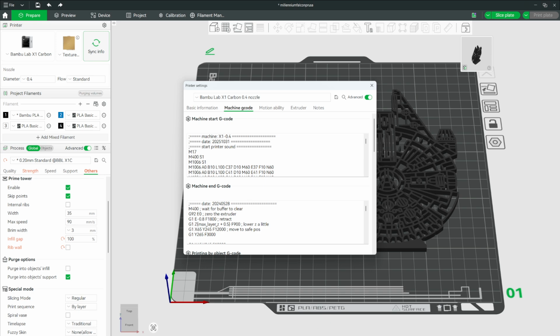Alright, now look at the first text box named Machine Start G Code. So this is this one right here. Scroll down about midway through the code until you find a section for your specific build plate. So look for a texture PA plate. Let's find it. Okay, so right here, texture PA plate, and look for the